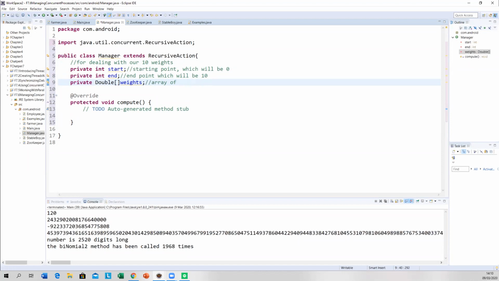This is the array of weights that each manager measures. So our people are going to be called managers. Now we end up with 7 managers. Now 7 of those managers is only going to have 1 weight in this array.